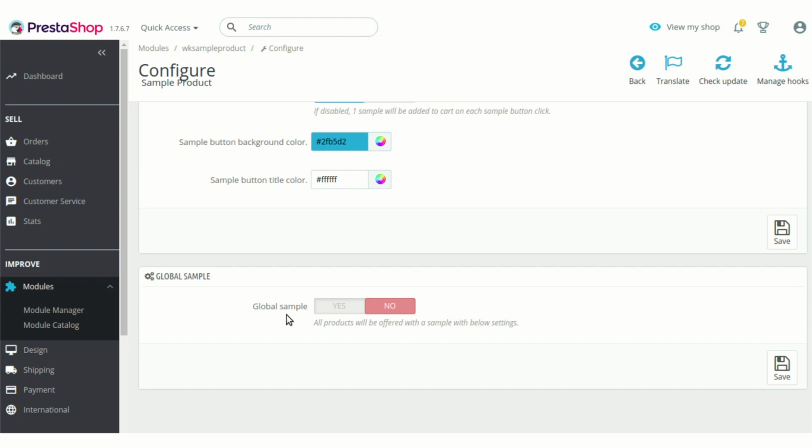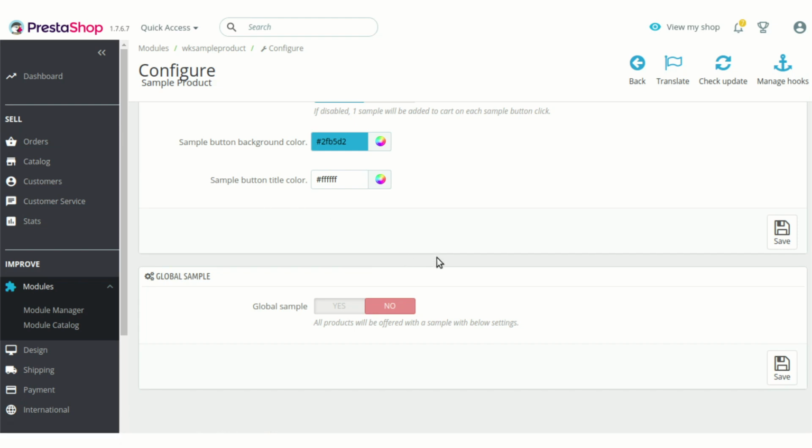Then you need not configure the sample product settings for each and every product one by one from the catalog section, which I'll explain afterwards, after explaining this global sample.